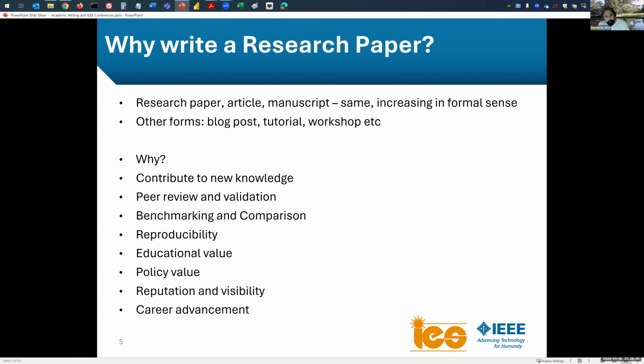When you write it as a research paper, and especially when you submit it to a conference or a journal, it gets what's called peer reviewed. A peer is a person that's doing similar research to you. So it can be a PhD student, it can be a professor, it can be another academic at a different organization. So peer review is highly important to make sure that we maintain quality of our research.